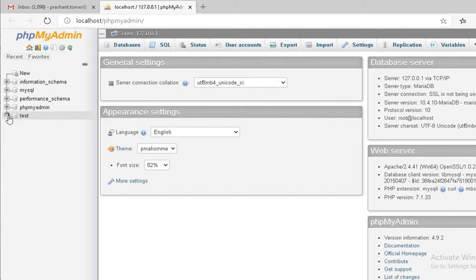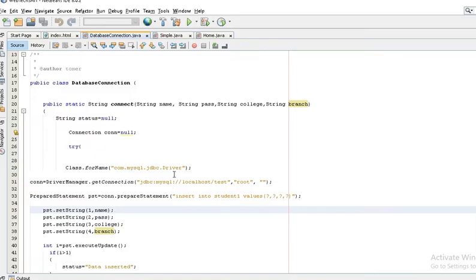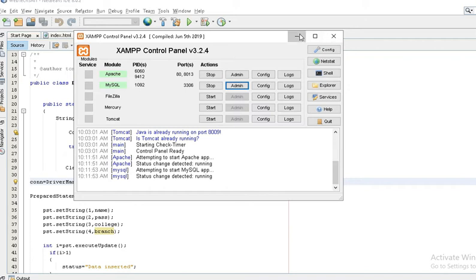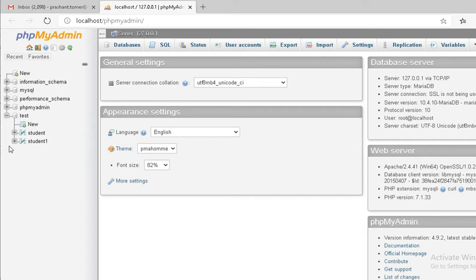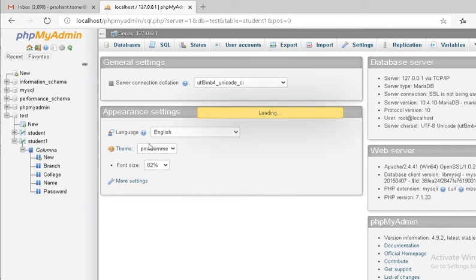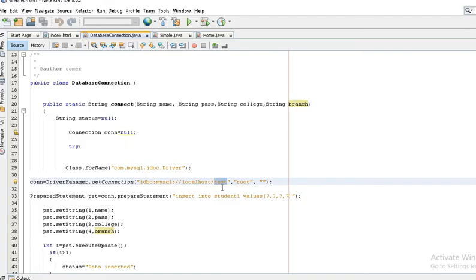I am using the test, which is my database name. And inside the test, I am using the student one table.